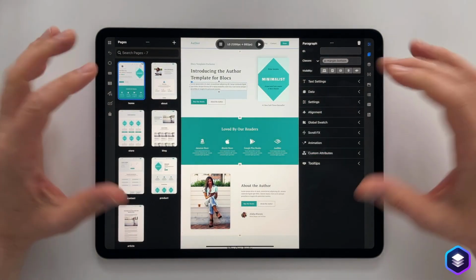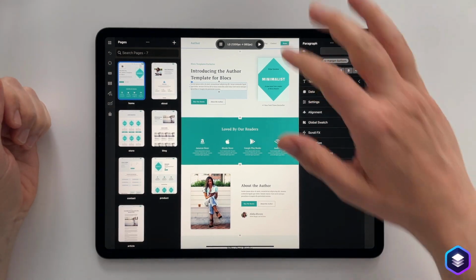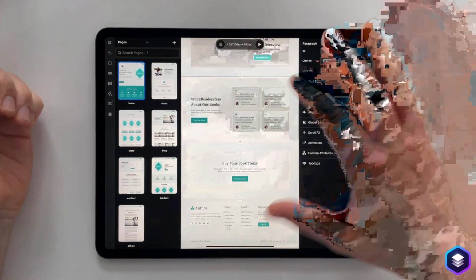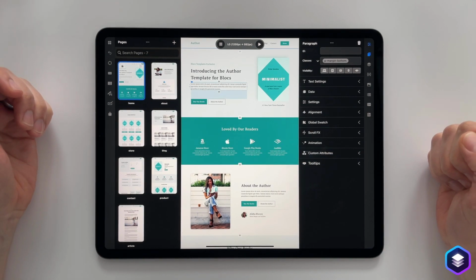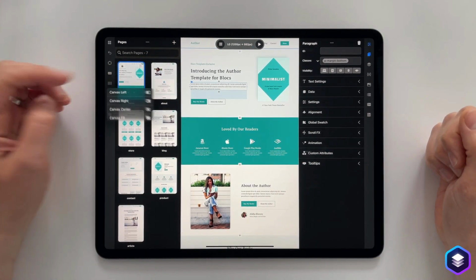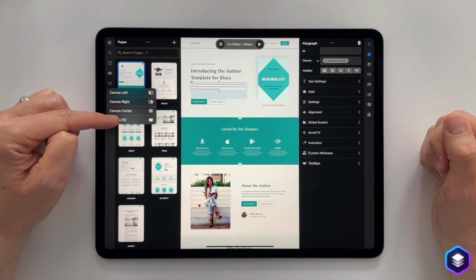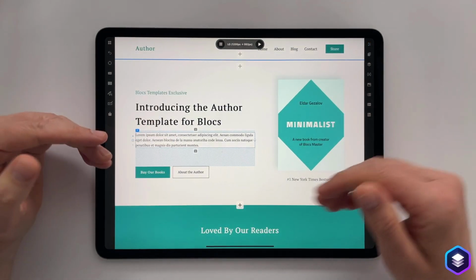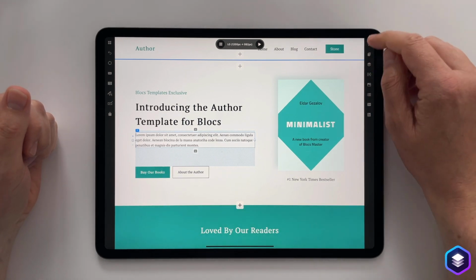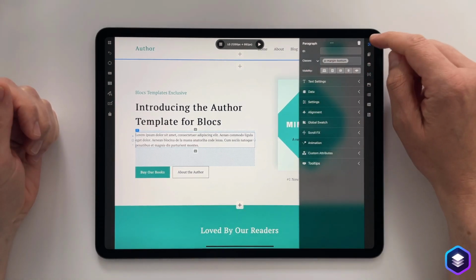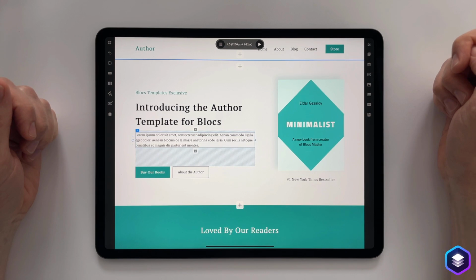So with Canvas Center, we now have the two option bars on the other side and the canvas down the middle, obviously zoomed so that we can fit it in and see the entire design. And then finally, we have where we started, Canvas Fill. With Canvas Fill, the design canvas is going to occupy as much of the screen as possible, and any of our menus are going to float over the top of it.